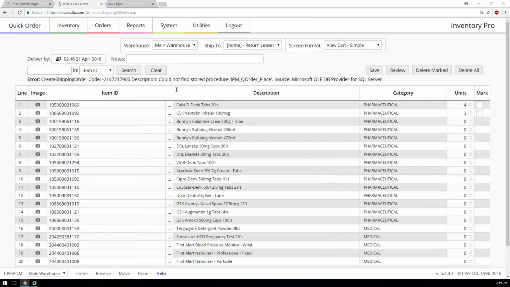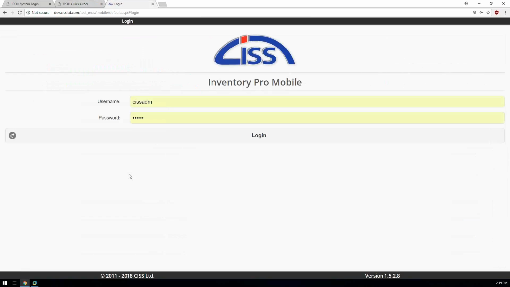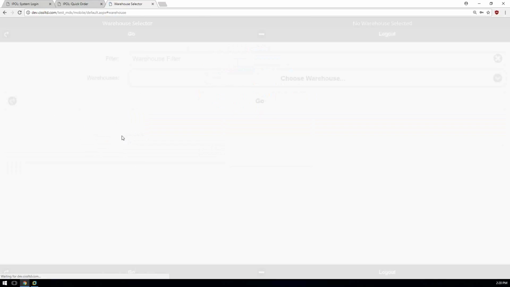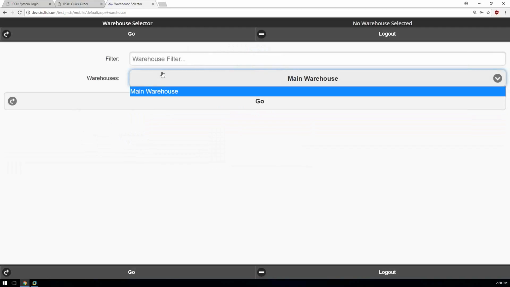Is that your item ID? Mm-hmm. The item ID. Okay, and we'll just continue from here over on the other system for a minute. Okay, let me resize this so it's a bit easier to see. Okay, so this is the mobile application. This is what the people in the field on their phones can log into. So same login screen, just a username and a password. Once you log in,